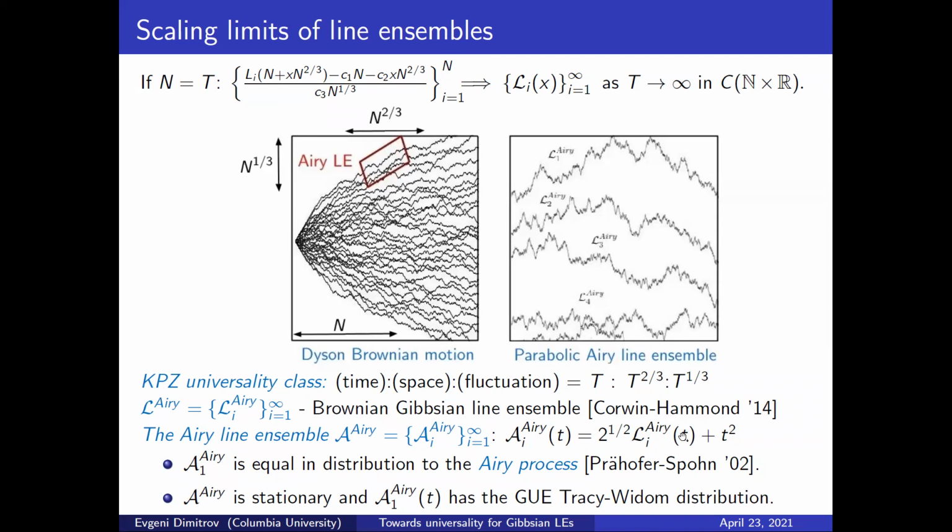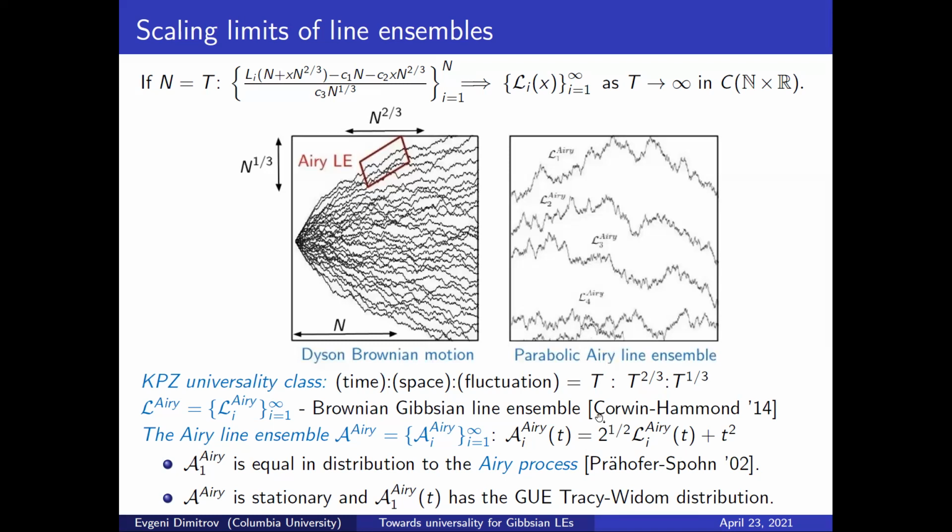The parabolic one is basically the same, except that you need to subtract the parabola and multiply by 2 to the -1/2. Now, when you subtract this parabola, the resulting line ensemble globally looks like an inverted parabola. And the benefit of working with that object is that it has the Brownian Gibbs property from a few slides ago. And this additional 2 to the 1/2 is just put in there so that the diffusion parameters underlying this Gibbsian line ensemble for the Brownian motions all have diffusion parameter 1.